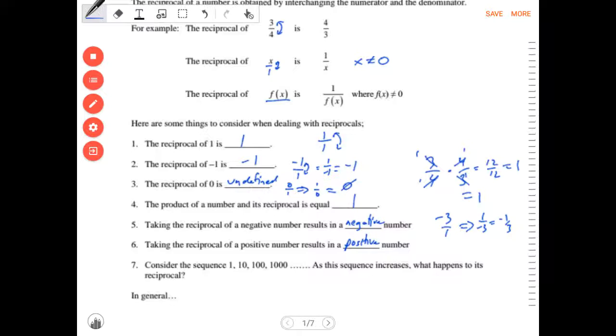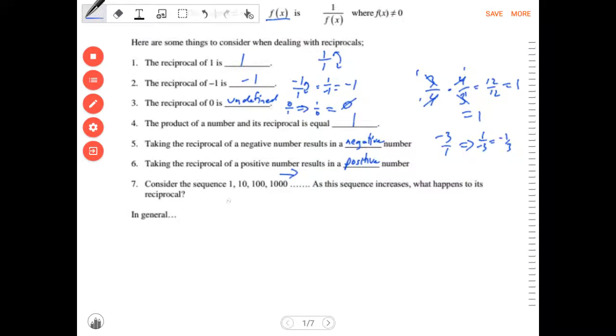Negative number, positive number. Now consider the sequence 1, 10, 100, 1,000. As this sequence increases, so as these numbers get bigger, what happens to the reciprocal? Okay. Well, this first one, I get 1 over 1, which is just 1. Then I get 1 over 10. Then I get 1 over 100. Then I get 1 over 1,000,